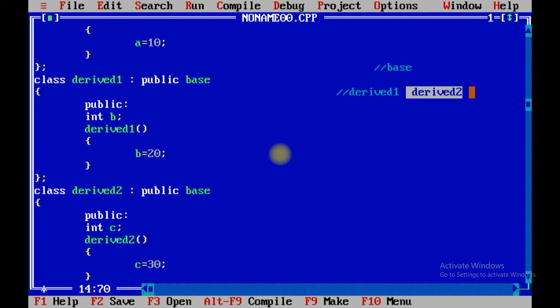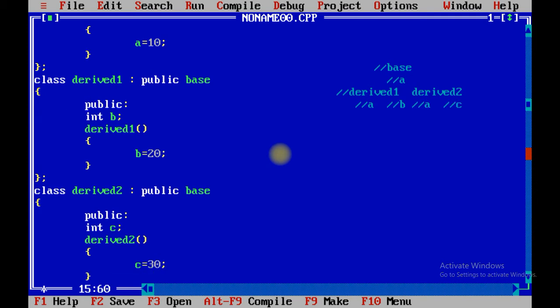Is it okay or not? Base contains variable a. Let me write it down. a, derived 1 contains property b, and derived 2 contains property c. Now as per our theoretical session, we have understood that this can access a, this also has a right to access a.